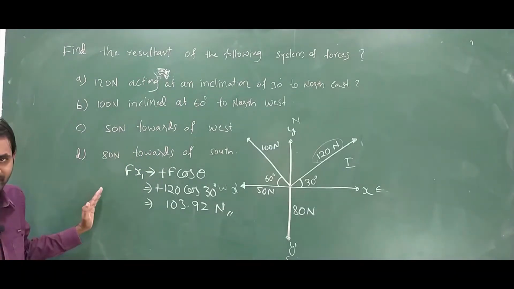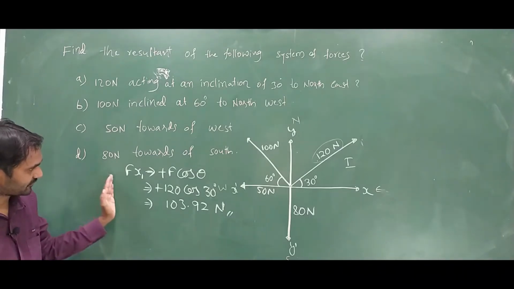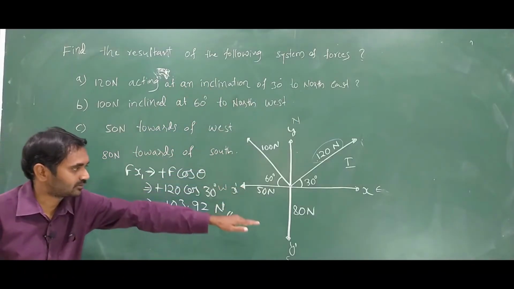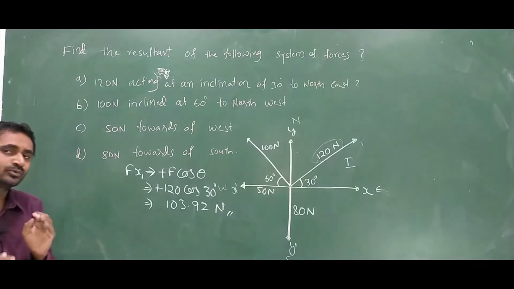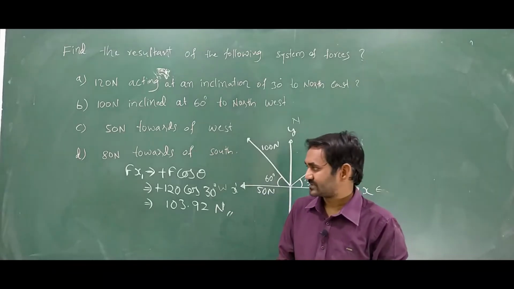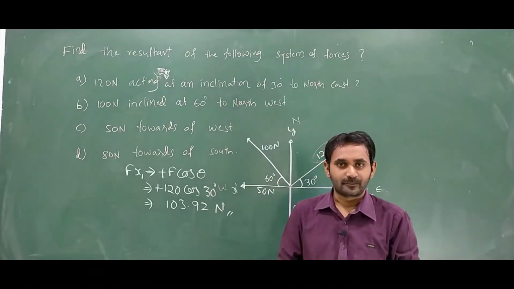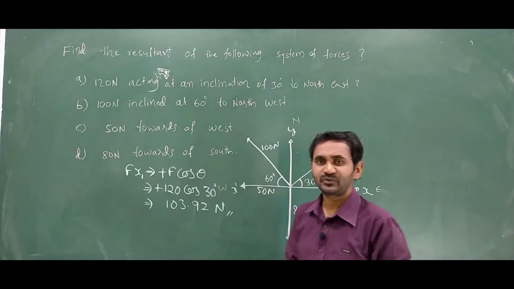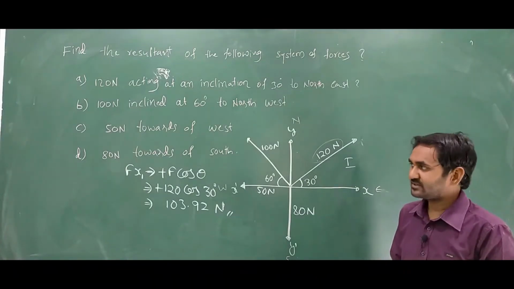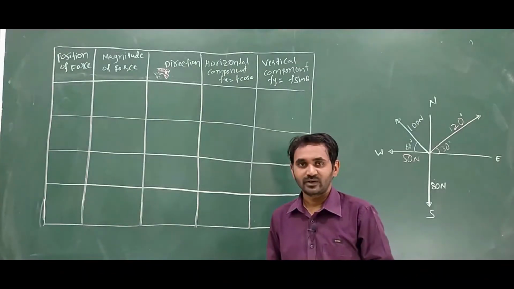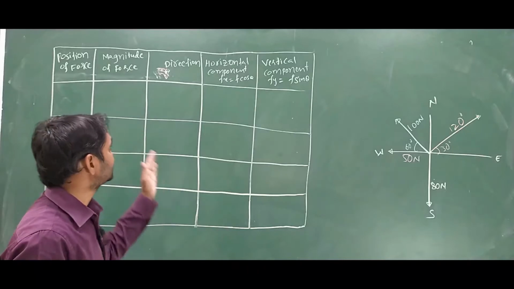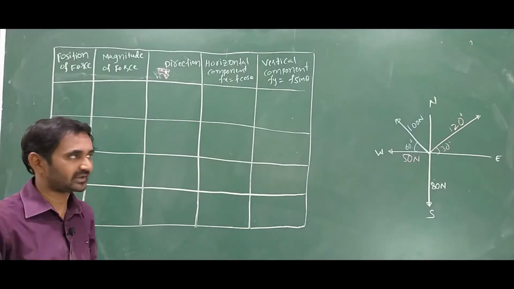In a similar way, you have to calculate Fy1, Fx2, Fy2, and how to draw this also I'll tell you. So to solve your problem in an easy manner, let me tell you this in a tabular form. By using the tabular form, you can solve your problem very easily. So let's draw the tabular column and see how to solve. Now this is the tabular column which you have seen.